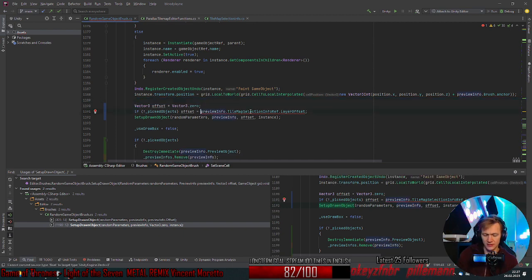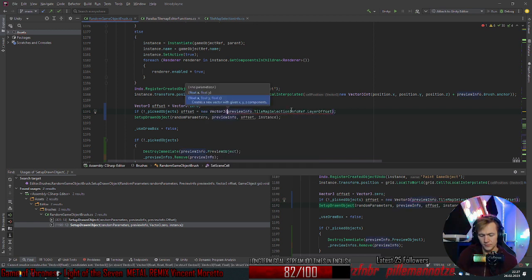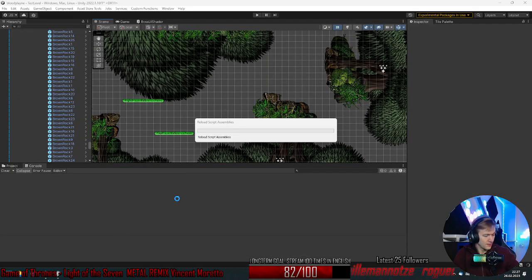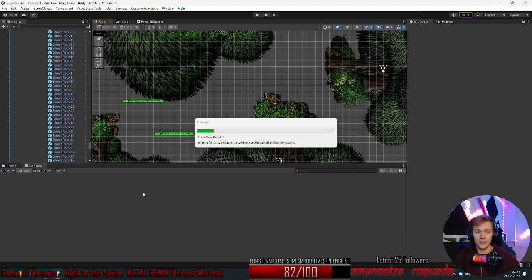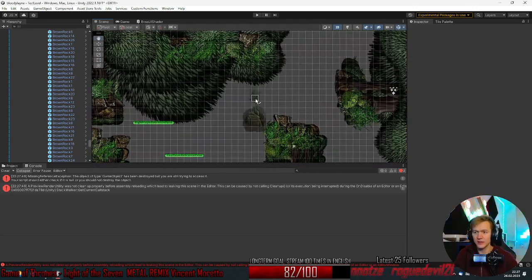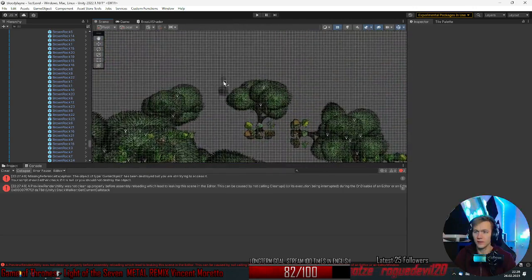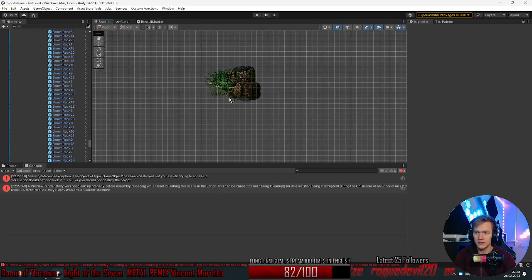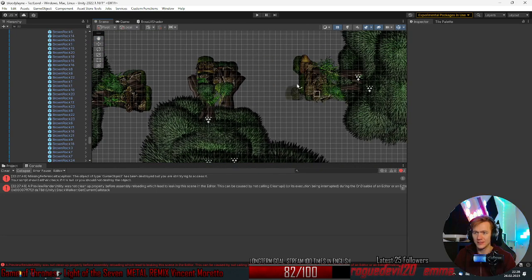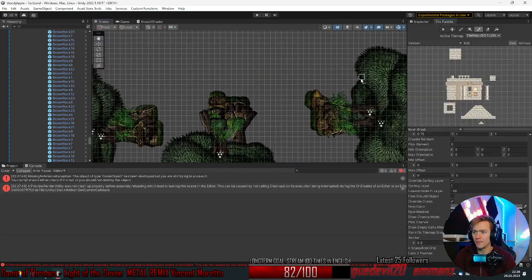Let's not rotate this time. New vector 3, 0. That's 0. Okay, now let's try it out. Let's see if that works. And because we have two cases here, we now try to handle these two cases separately. So it works with normal setting. Works rotated here. It just works. And now if I use the picker,